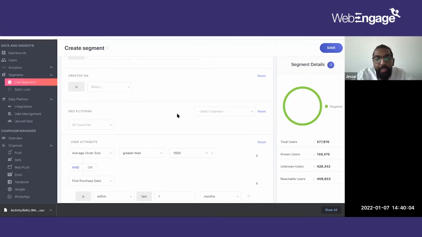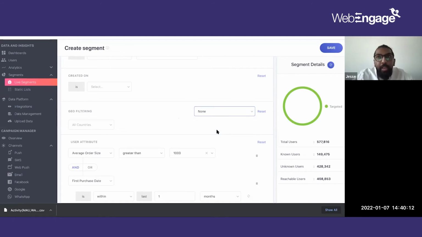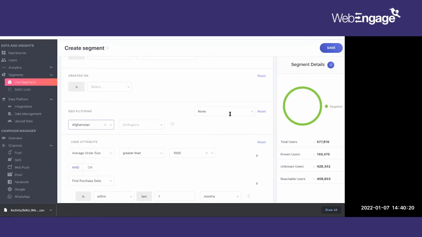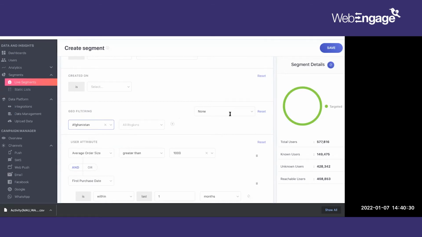So if I do not put any option, I'm targeting all users across different locations. Correct. Now, if I say none, I'm just creating a segment where the users are not present in, let's say, for example, Afghanistan. So at the end of the day, these guys are excluded, but I'm not targeting anybody from here. I'm just creating a segment of users who are not going to be from Afghanistan. That's all. Got it. Okay. Yeah. Thank you.